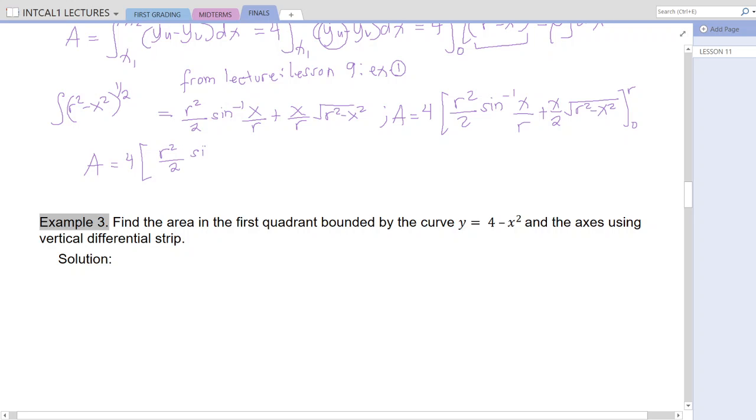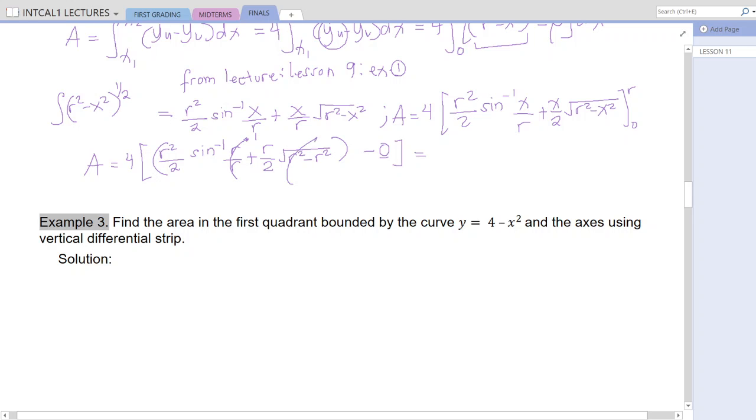Okay, that is sine raised to negative 1, and we have to substitute r for x, so that is r divided by r, and then plus r, divided by 2 the square root of r squared, and x there is r, so that is r squared, and then that is of course again minus 0, since that is upper minus lower, since if we substitute 0 into the equation, it will give us a value of 0. Okay, so having this, since this one is equal to 1,